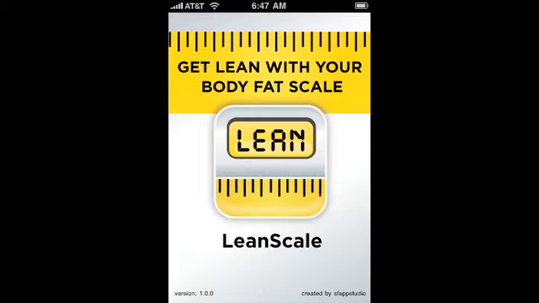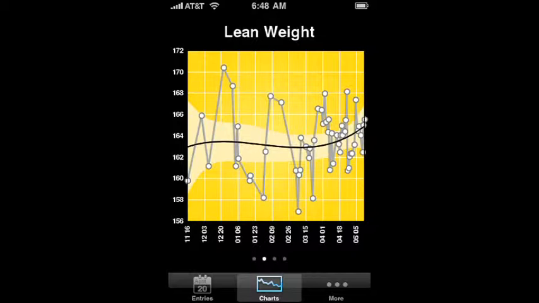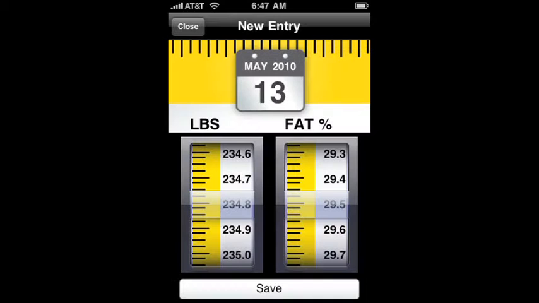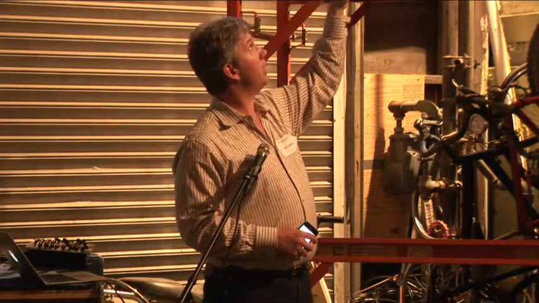These are screenshots from the iPhone app that I'm now using to every morning get up and put in my body fat percentage and my weight from the scale, which numbers by themselves don't mean anything, but this dashboard here says, I wanted to split things into 2 parts. I said, look, percent and weight don't mean anything to me, but my lean body weight, which is to say my muscle and bone density and everything else, if that's going up, that's a good thing. And if that's going down, that's probably not a good thing. And my fat weight, if that's going down, that's probably a good thing. If that's going up, it's not such a good thing.